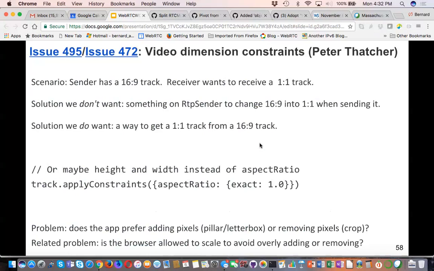Site constraint. Example. But the other, the real problem here is with adding pixels.